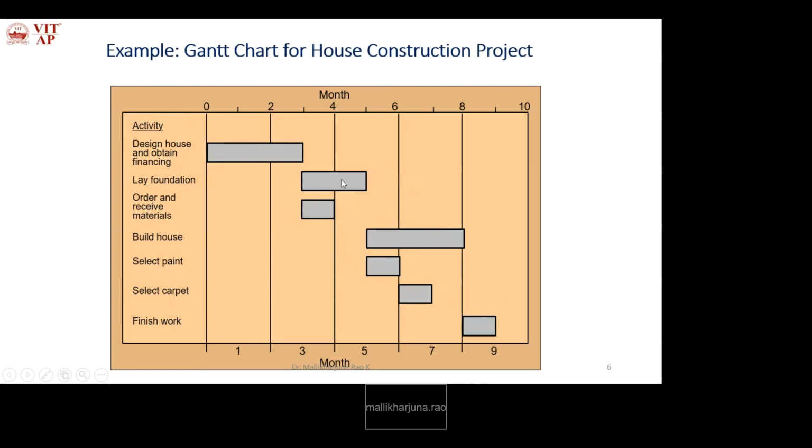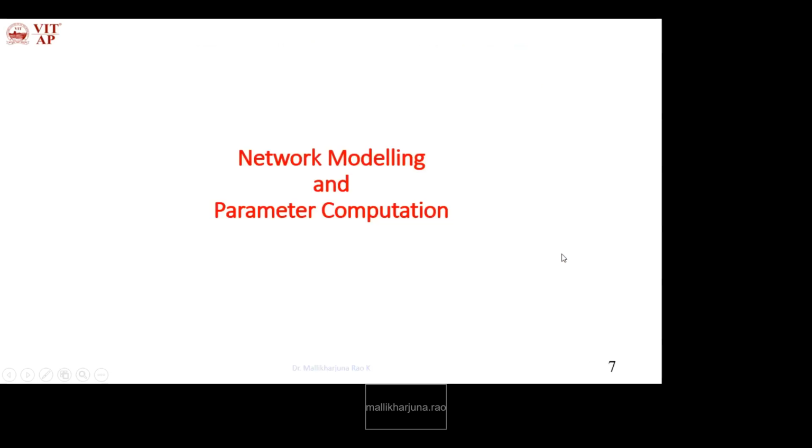So we can call them critical activities, but we don't know whether they are actually critical or not. We have to find out whether they are critical, because dependencies exist among this combination and this combination. We need to find whether these are critical activities or not, which we will do in the coming slides.